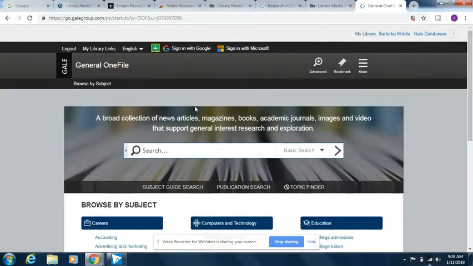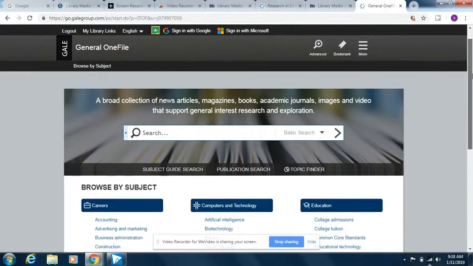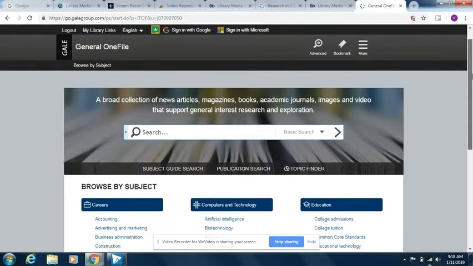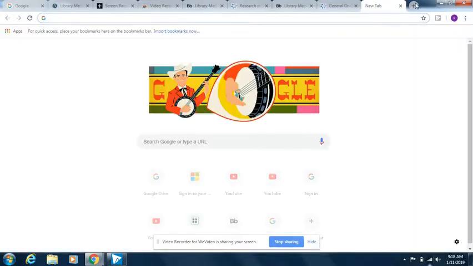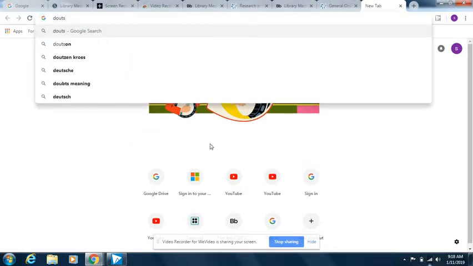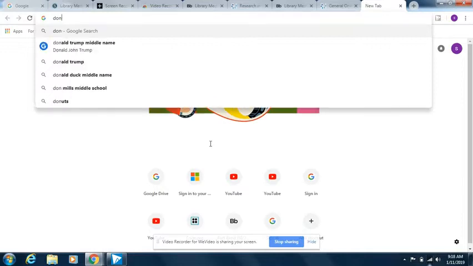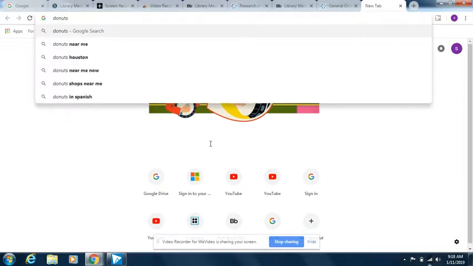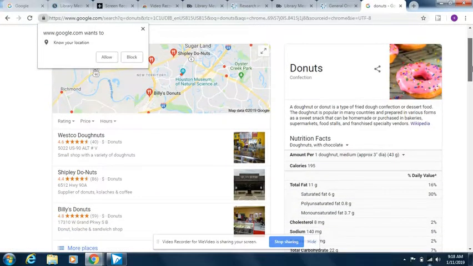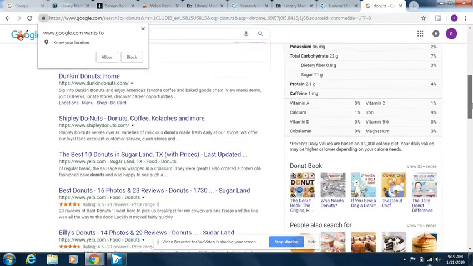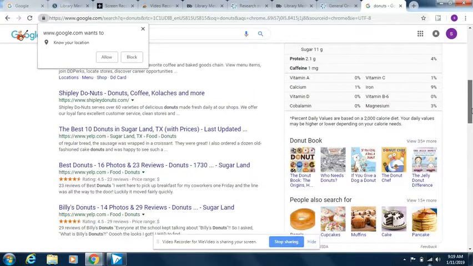So this is where it's going to take you. I love databases because, A, everything on there is reliable. You're not going to click on something that's going to be spam or not appropriate for you to research. So for an example, I love donuts and I'm always hungry. So if you went to Google and just typed in donuts, I mean, Wikipedia is not your friend, so don't ever click on that. But it's going to tell you things that you don't really necessarily need to research donuts.